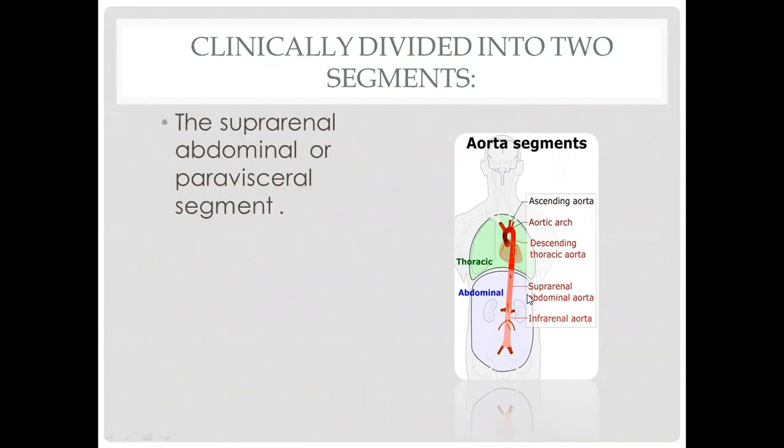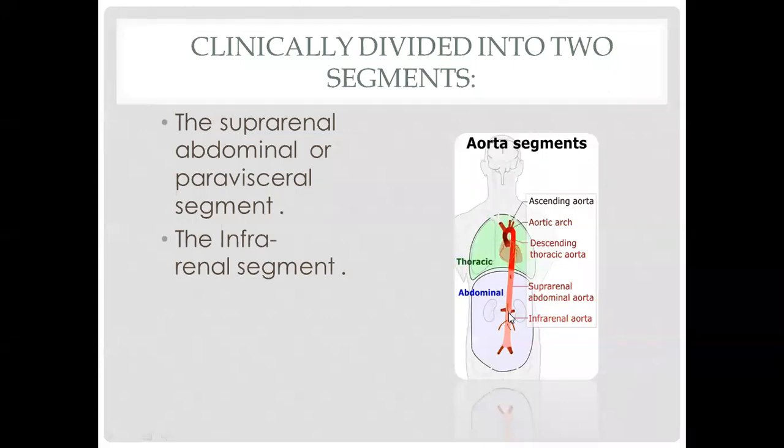The suprarenal part is from the diaphragm until the origin of the renal artery, while the infrarenal part is from the renal artery to its bifurcation. Clinically, this classification is important in the case of an abdominal aortic aneurysm, where it should be determined whether it is suprarenal or infrarenal, because it is important in the management